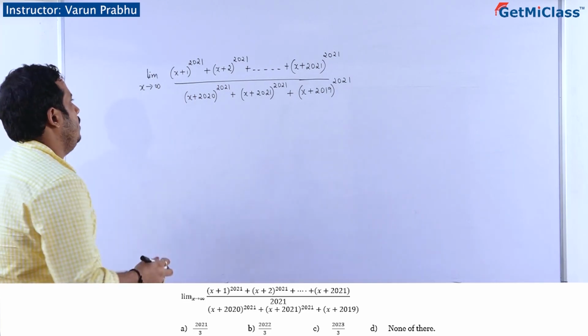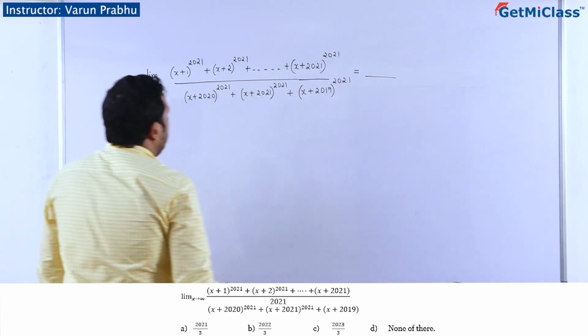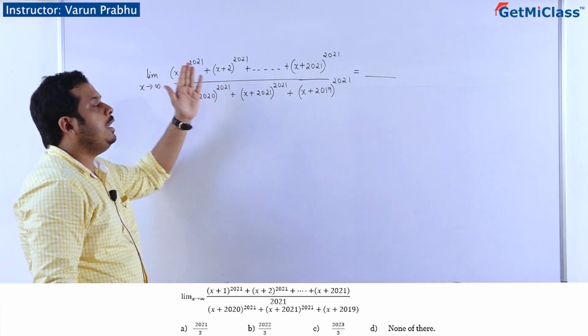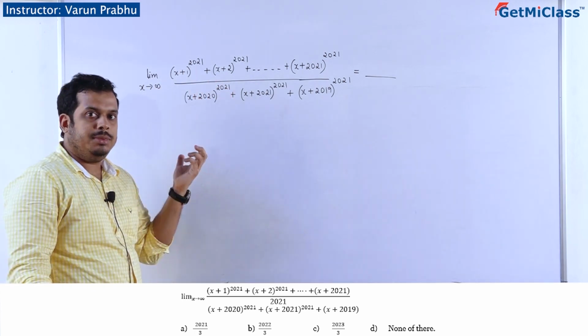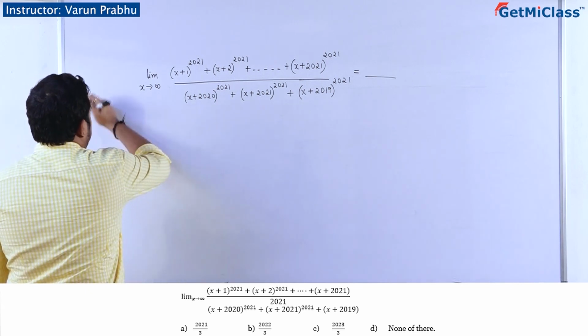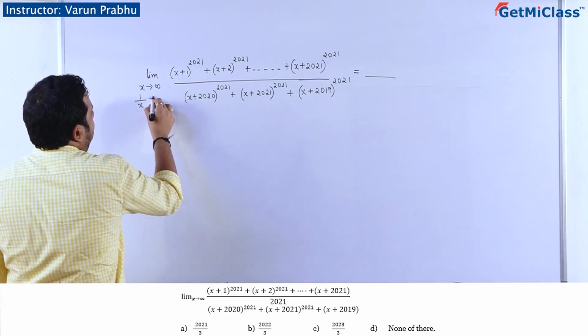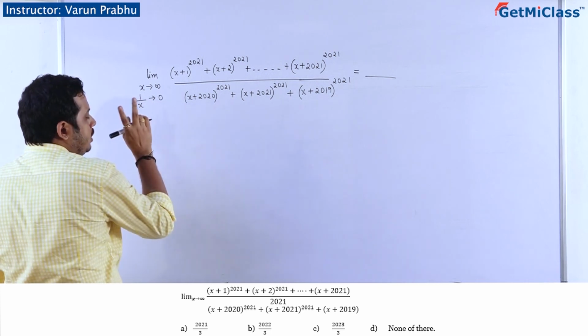If you look at this question now, what is this value? That is the question asked. Again, if you can see, the powers are 2021, which means it's a question coming from this year only, 2021. So how do we solve this problem now? See, when x tends to infinity, the first and foremost thing that should come